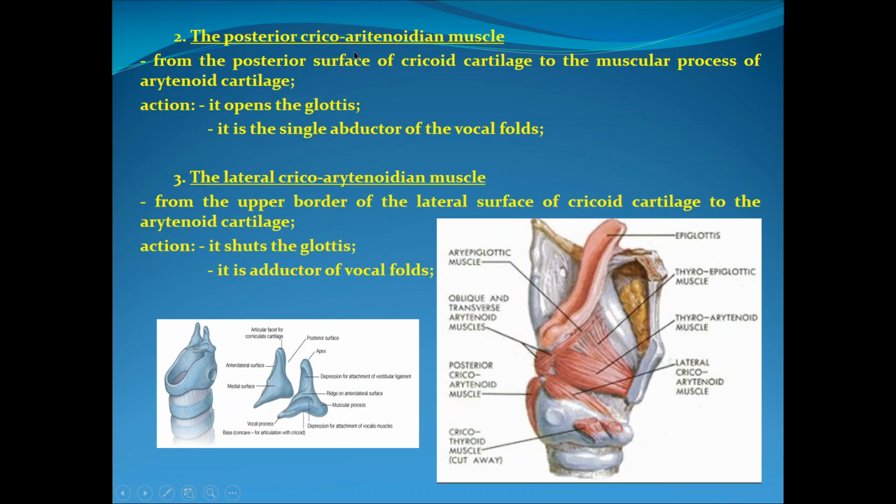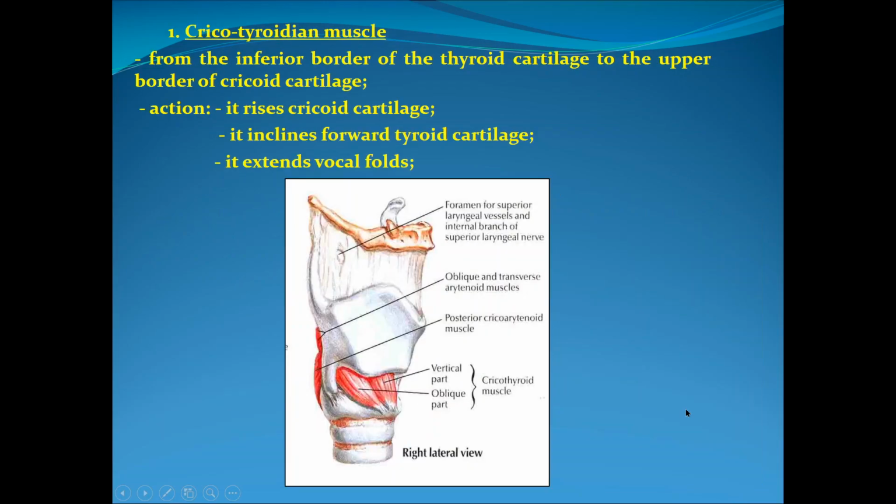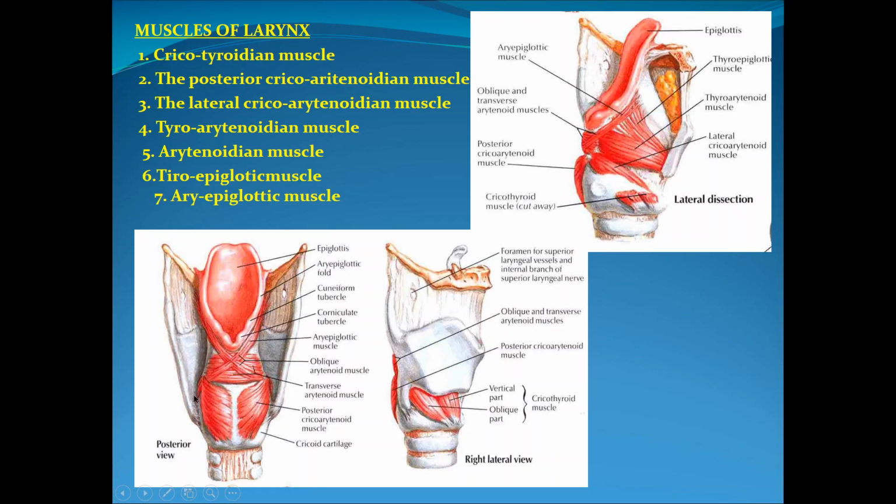cricoarytenoidean, but this muscle has two types of fibers. There is one posterior group and one lateral. Look at it. This is a lateral view, so this is posterior, and right here this is the lateral. But I want to turn back to this picture. Look, this is the posterior view. So cricoarytenoidean is right here. Again, this flat part is the cricoid cartilage. You know that the lamina of the cricoid cartilage presents on the upper part, right here under these muscles, the arytenoidean cartilages, those like triangles. So the muscle from the cricoid which goes to the muscular process of the arytenoidean cartilage,